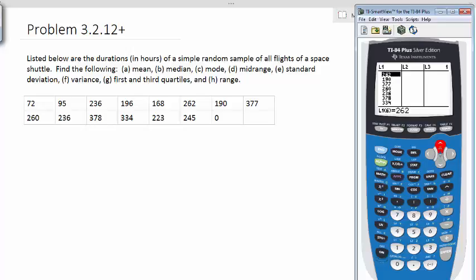Now the main command for finding descriptive statistics is 1-Var Stats. So let's go to Stat again. This time we're going to right arrow to Calc, and then we're going to select 1-Var Stats, which is number 1. If you leave this blank, it's automatically going to assume that you're looking at L1, but just in case, we should put in the list that you want to take the 1-Var Stats of. So I have 1-Var Stats, and then I typed L1, which is second function and the number 1, and then